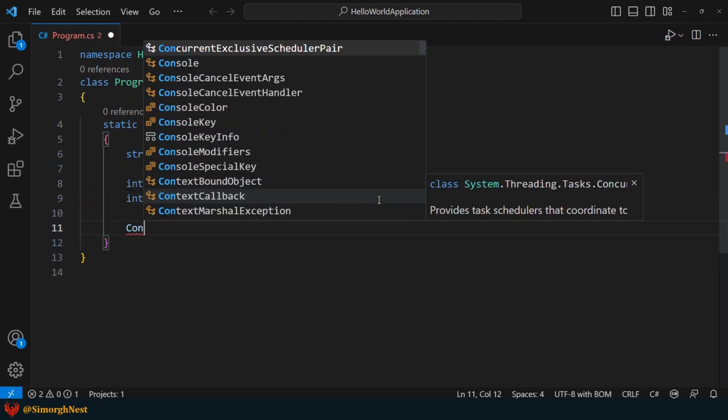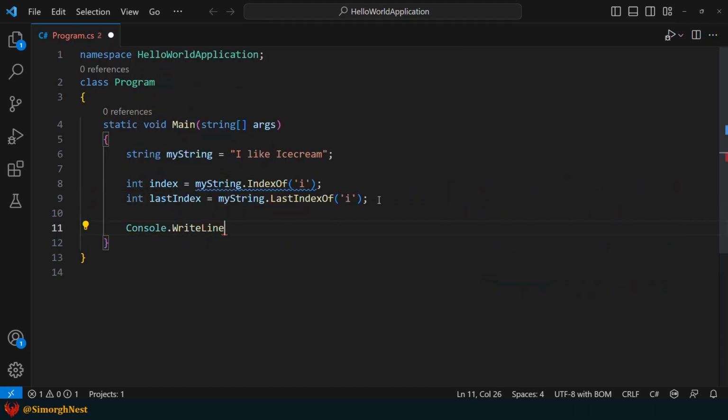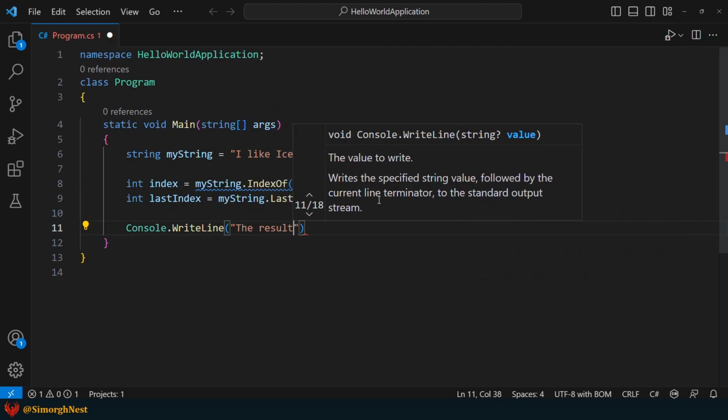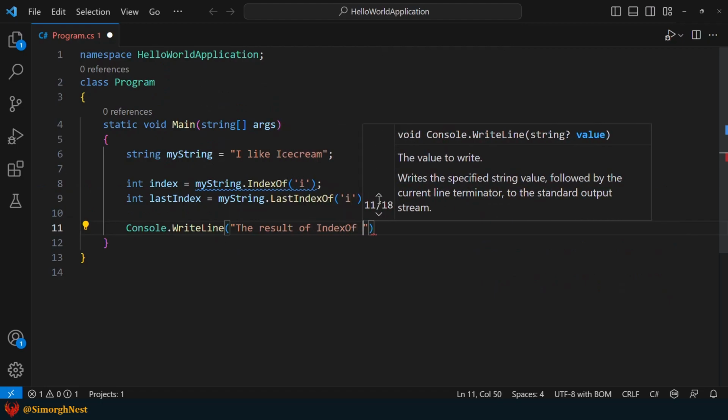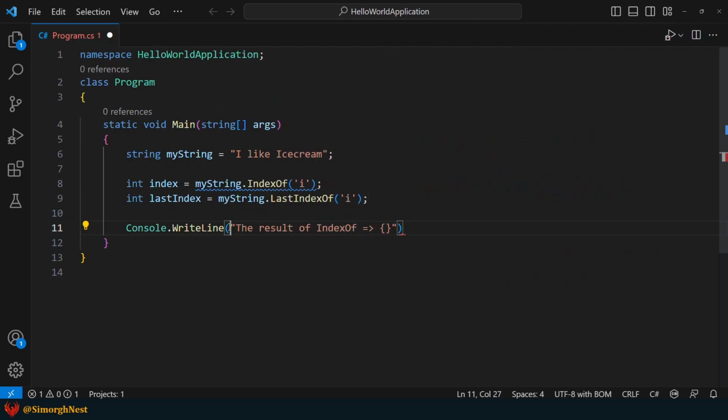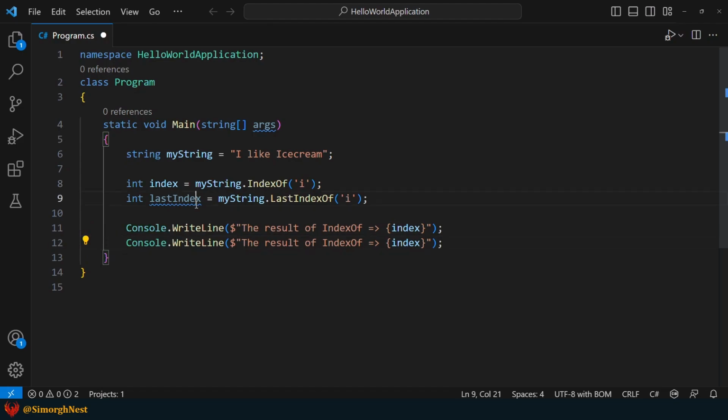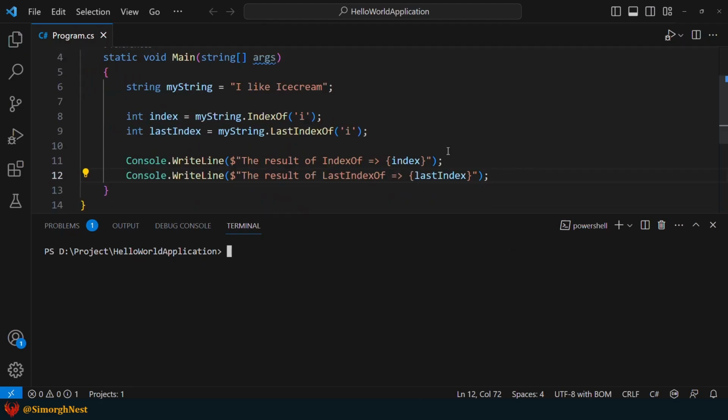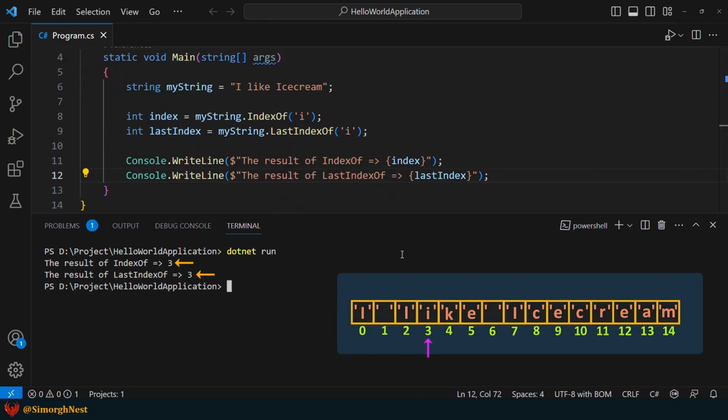Now, let's display the resulting index in the terminal and run the application. As you can see, both methods return the result of 3.